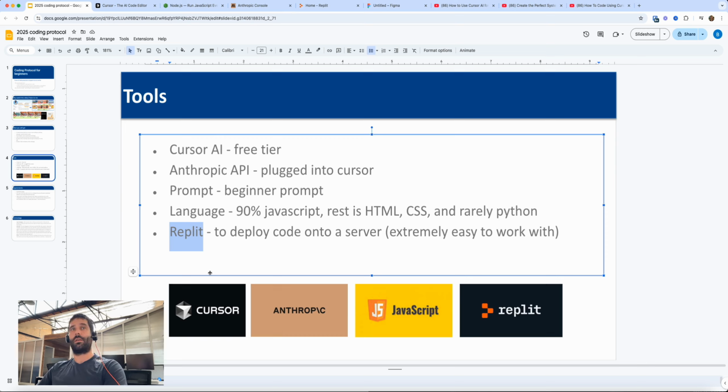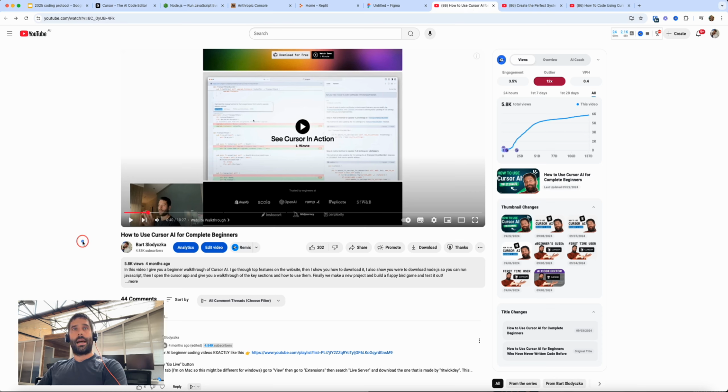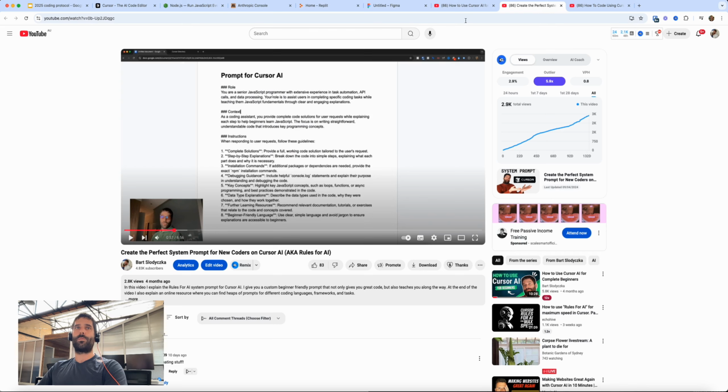Okay, so just quickly, we spoke about how to use Cursor AI for complete beginners. Watch this video to actually understand how to use Cursor for the first time. We spoke about the system prompt, how to install the prompt in your Cursor so that when you're coding and the scripts are getting written for you, you're getting instructions on exactly what's going on in the code, so you can keep upskilling yourself and getting better at coding, best practices, all this kind of stuff. But you also learn about which libraries you need to install in order for the code to run.